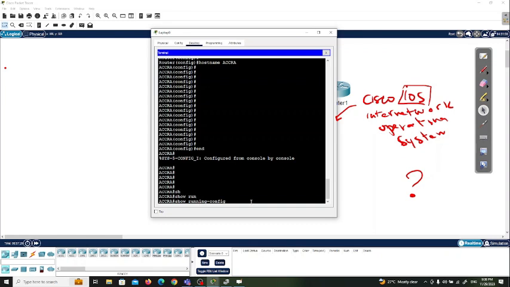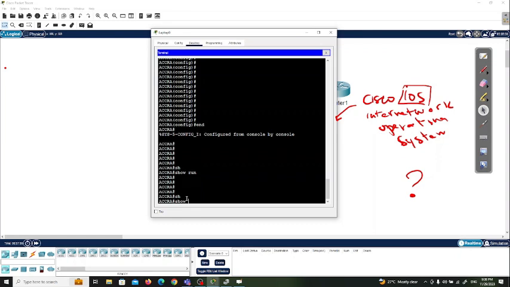This is because I pressed the tab key on the keyboard. When you press tab, it will complete the command, so it's not compulsory for you to input the command in full. For instance, let me do it again. Let's say the command is show. If I want to enter the show command, I can just enter the first letters of the command. For instance,